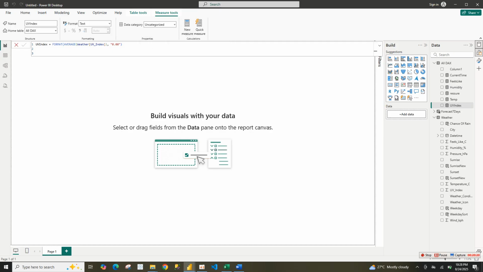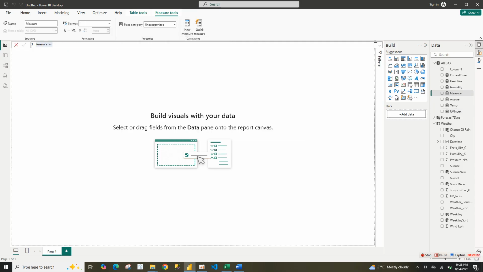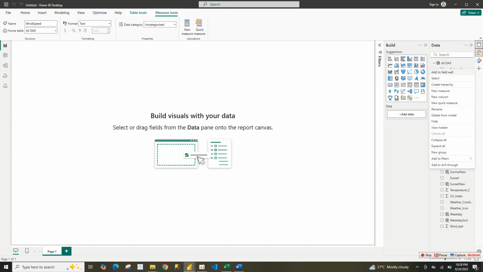So the last measure that we are going to be creating is this wind speed. And we are done with all our measures. Now the next thing that we are going to be doing is to start creating our DAX. Now that we've created all our measures, we use data analysis expression